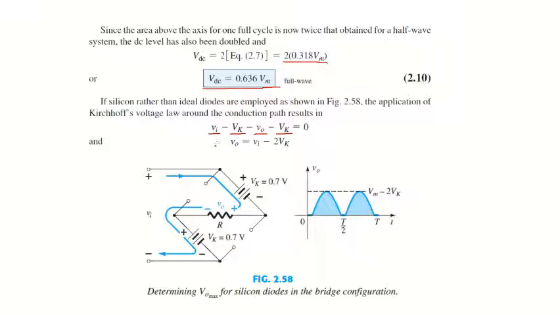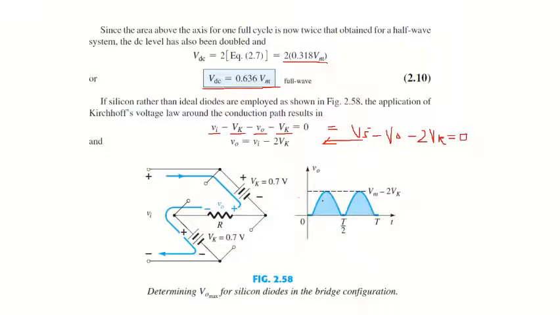So according to KVL, Vi minus V0 minus 2Vk is equal to 0. So from this equation we are getting output voltage V0 is equal to Vi minus 2Vk,